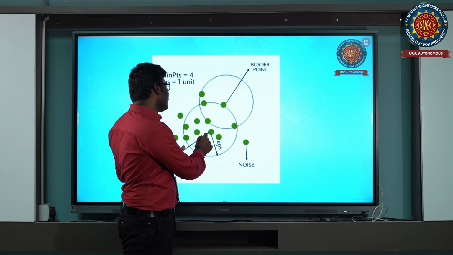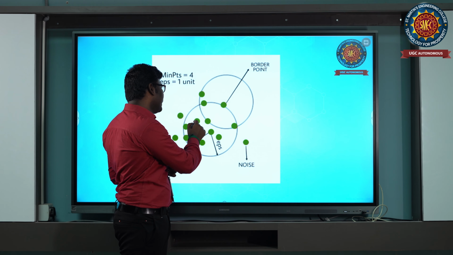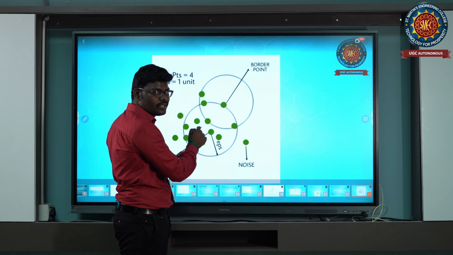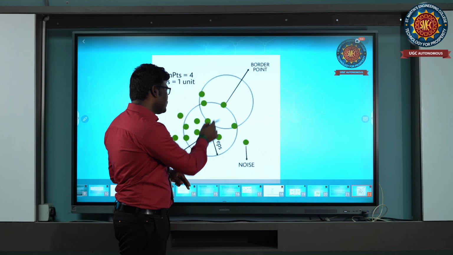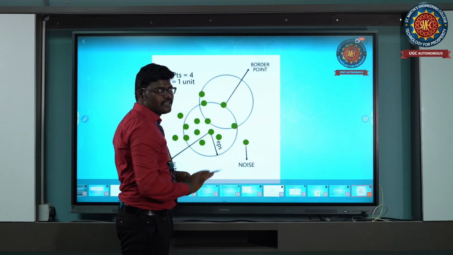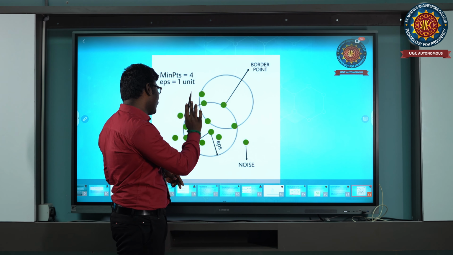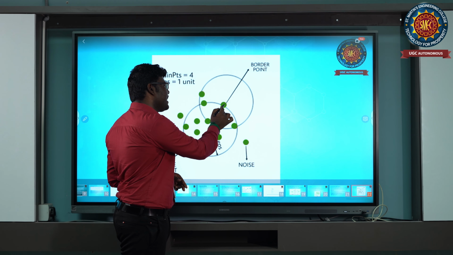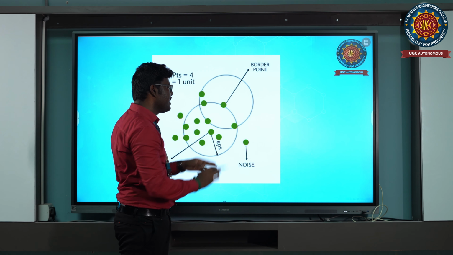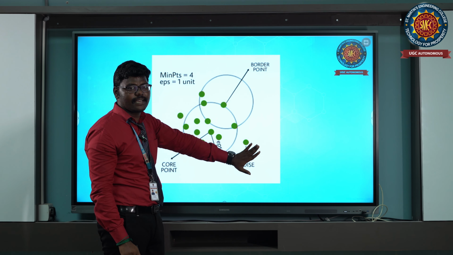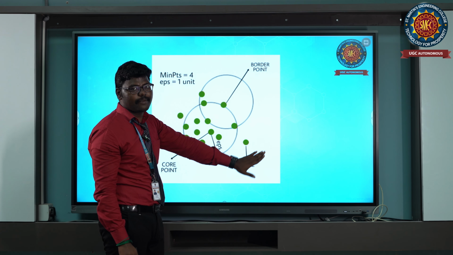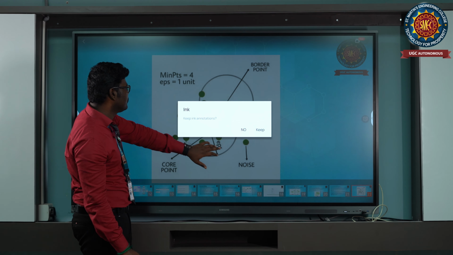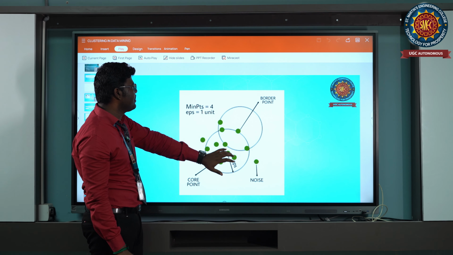So check here whether minimum points are there or not. Here we get more than 4 data points. So this condition is satisfied, so this is called the core point. The data points located on the border of this radius of circle are called border points. Points completely deviating are called outlier points or noise points, right? So this is the way of calculating